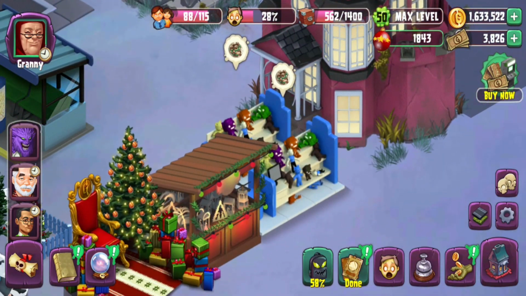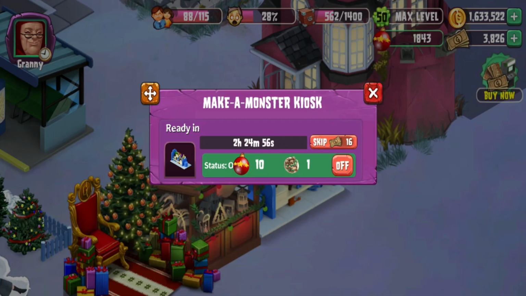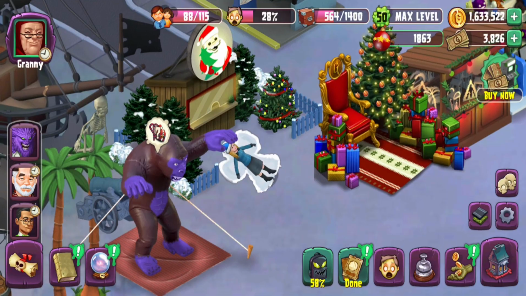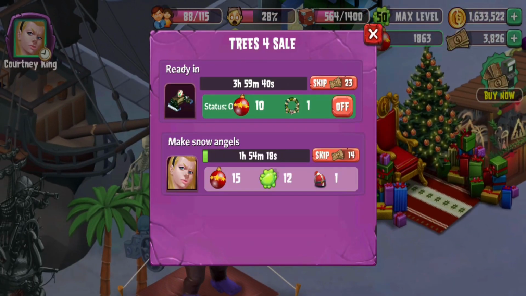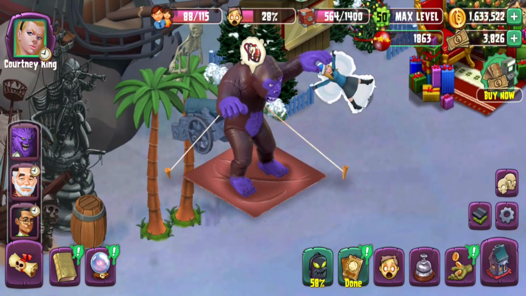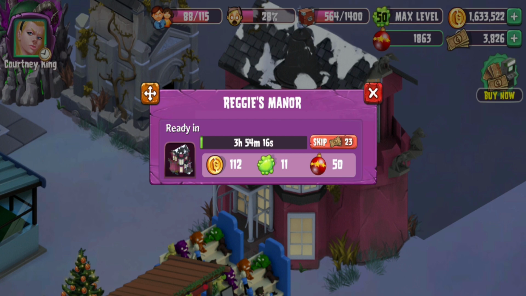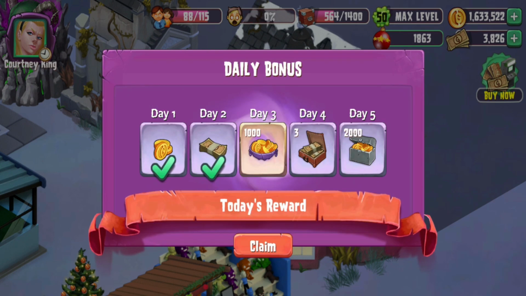The next item is, at some point, you will need to get the Micah Monster kiosk. Every 3 hours, or 2.5 hours, it will give you 10 of these, plus the 1 gingerbread monsters. The tree for sale drops every 4 hours, so basically like the other thing there. Then you have some of these items coming up here. Now, Reggie's Manor will drop you...